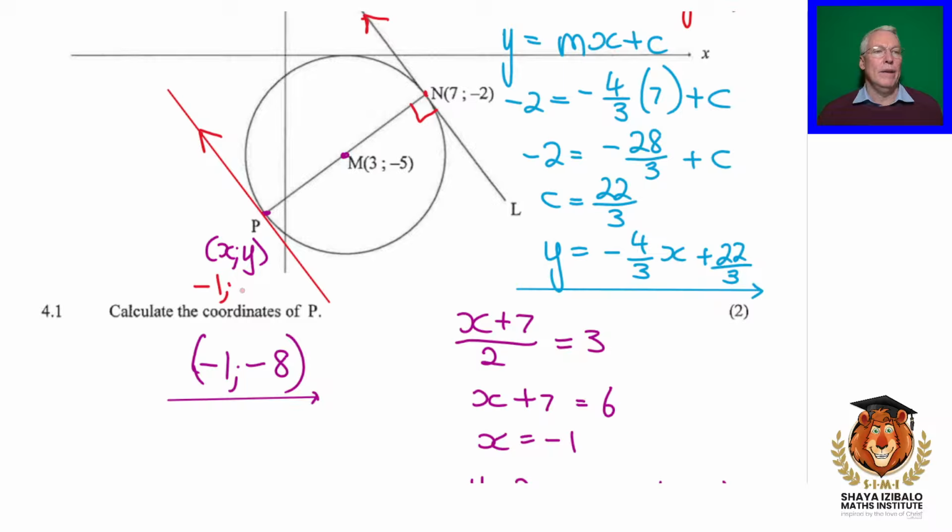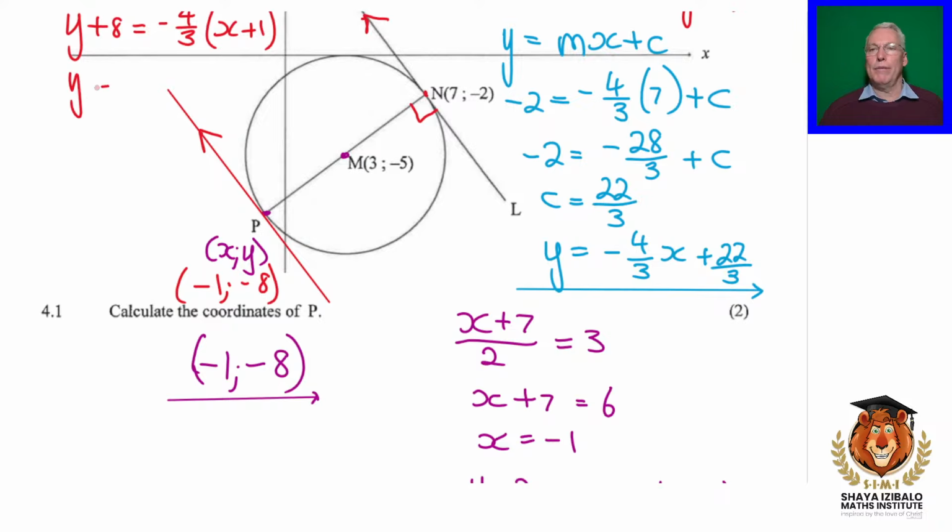It's right there, it's -1, -8. So this line has actually just got an equation of y plus 8, I'm doing my y minus a y value version again, equals the gradient, -4/3, x minus the x value, so in other words x plus 1. This simplifies to -4/3x, and this time -28/3. So that's the equation that we get for the red line,